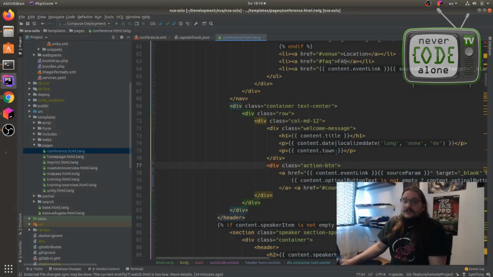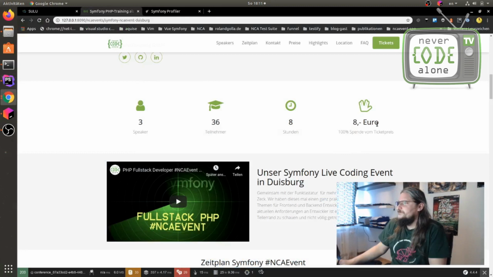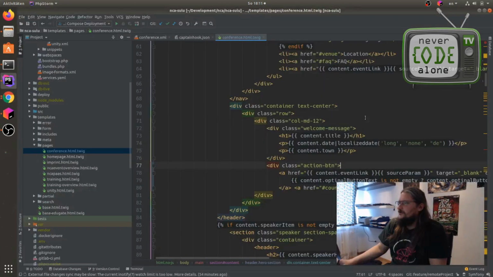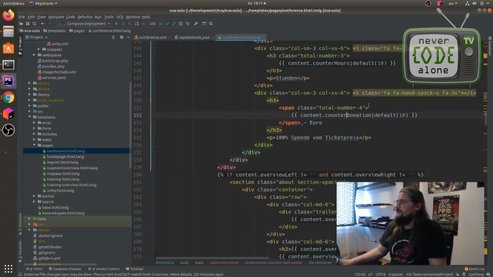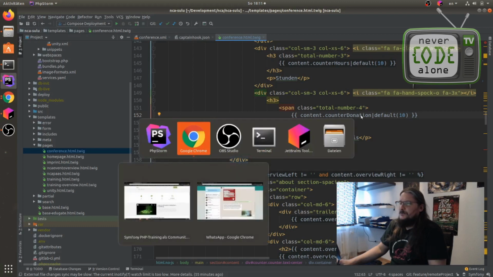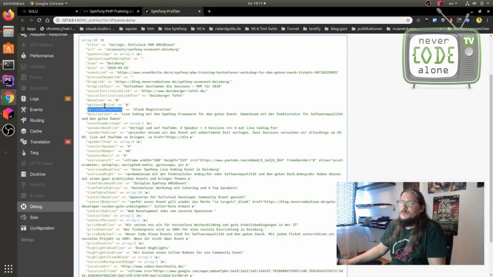So the next thing we have to do is to do the same with the price here. I have this counter somewhere. Euro, maybe I search for euro. Counter donation default is 10. Okay, so I have here something, but it's not working. Maybe we should write a test for it in the future, but for now we just check our new optional price.